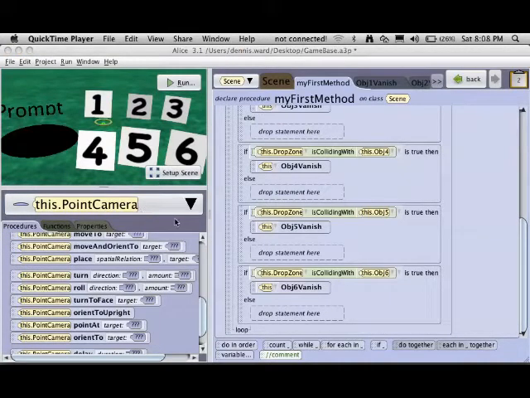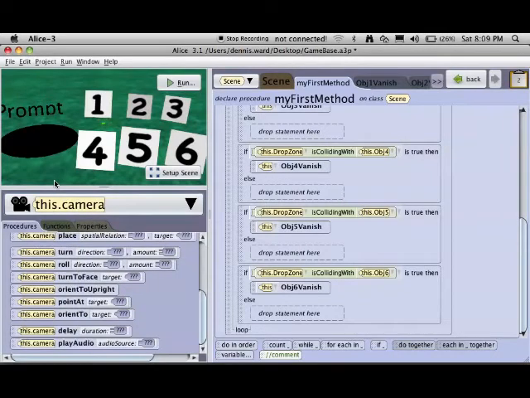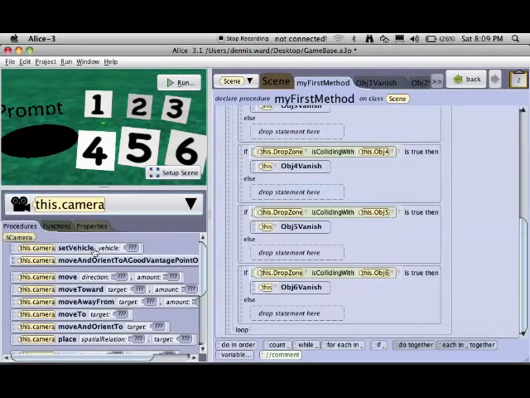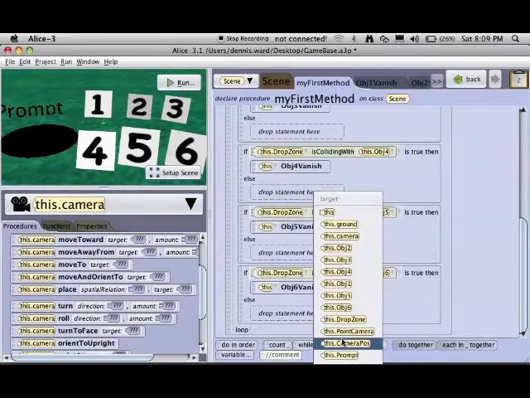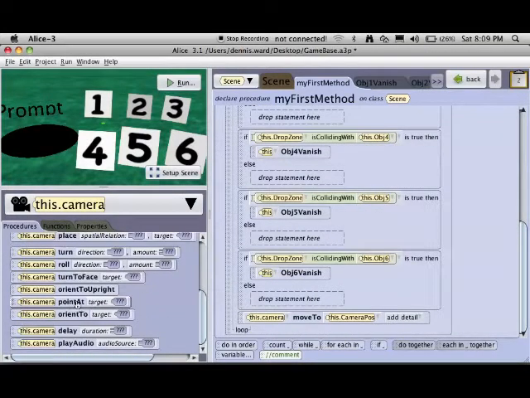Alright, but before I put those in, I better notice here that I have this on this point camera, which is not what I want. I want it on this camera. It's an easy mistake to make, to add something for the wrong object. So now I'm back on this camera, so I'm going to do my move to, put that in there, move to camera position, and then add in my point at point camera,